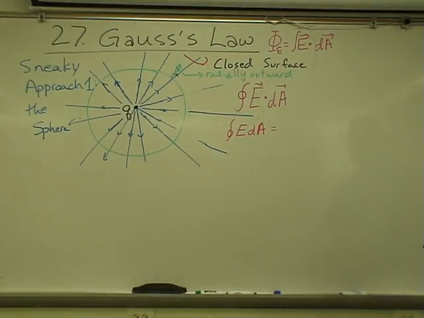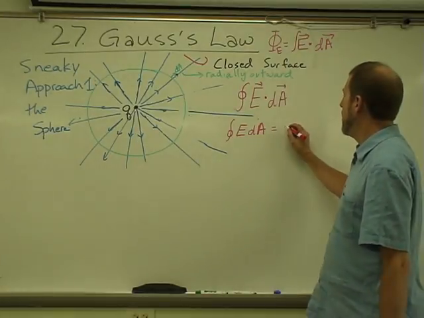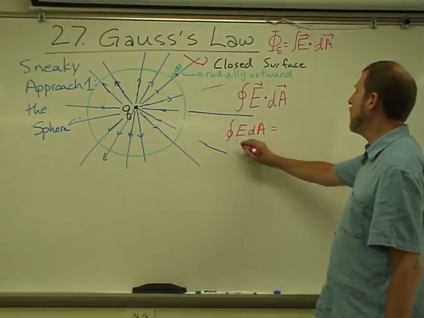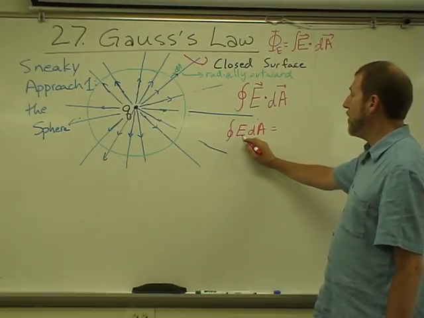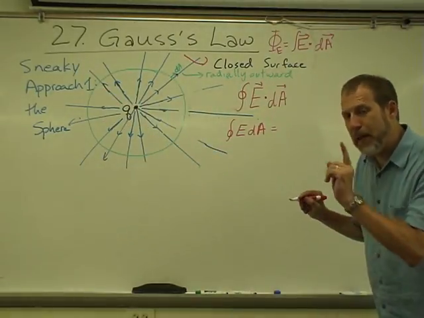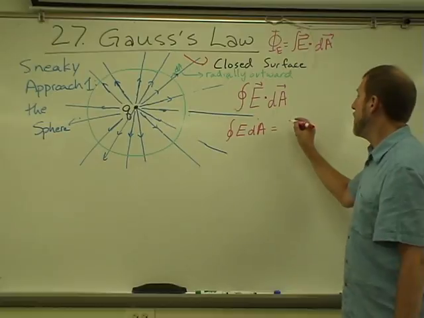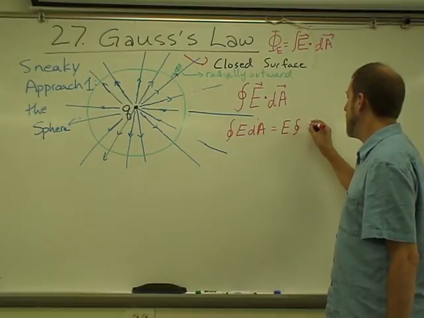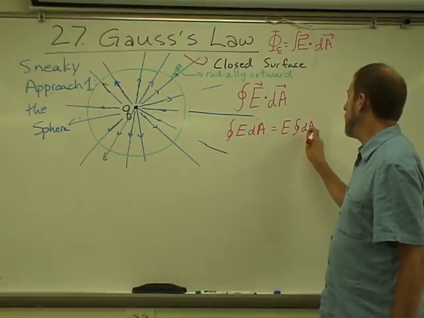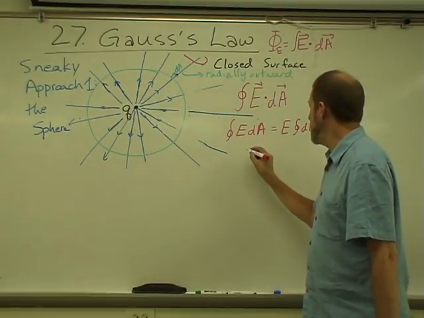Now, the electric field at a given point here will be, well actually, let's see here. Notice that because I'm integrating over the area, the electric field happens to be constant over the surface area. That's the benefit to sneakily choosing a sphere. The electric field is constant at a given radius r. So I just have the integral over the area, so I have the electric field, which is